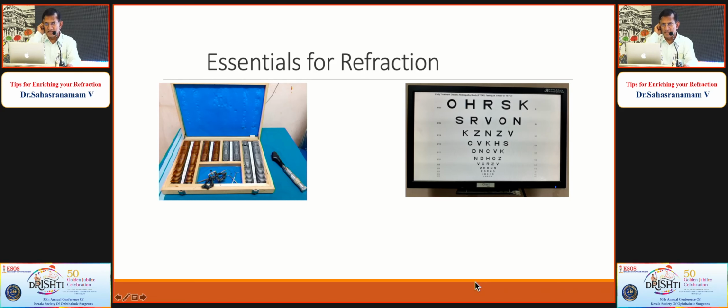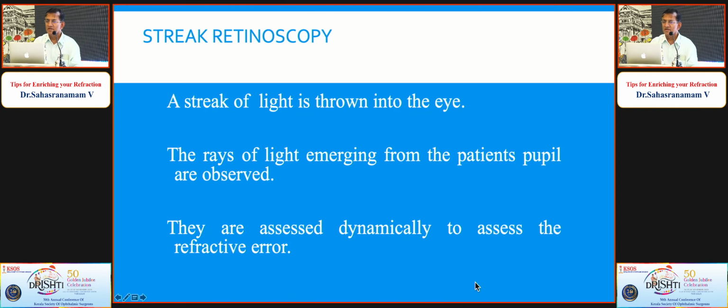But you should understand that in addition to this, what is not mentioned in this slide is that you should have a basic knowledge of what retinoscopy and refraction is like. That's probably the most essential thing in refraction, more than these things. So, before going into how you enrich your refraction, I think I will spend 2 minutes on the basics of